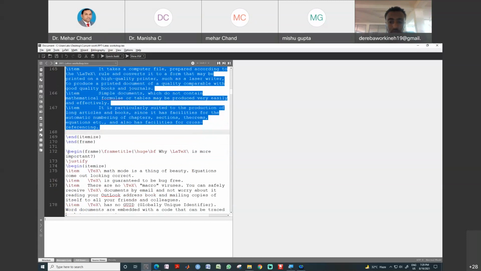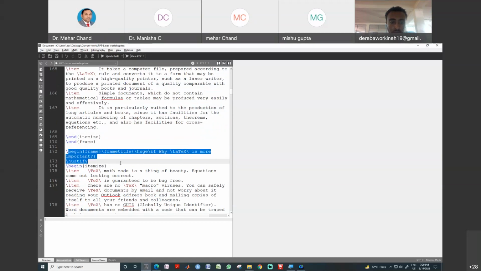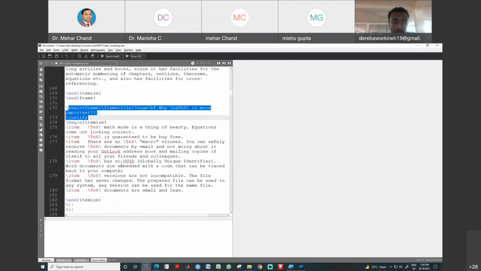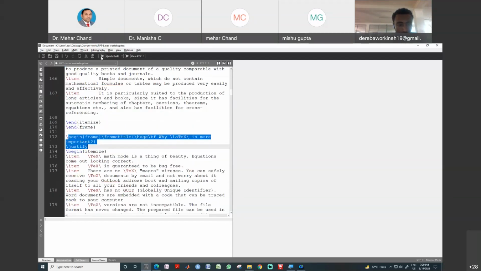Similarly, this is the next slide, and figures we can insert in the same pattern. And when I execute this source code, see, the rest of the things we have already discussed in the previous lecture, all these are the same. You only need to understand this source code, how it will work.